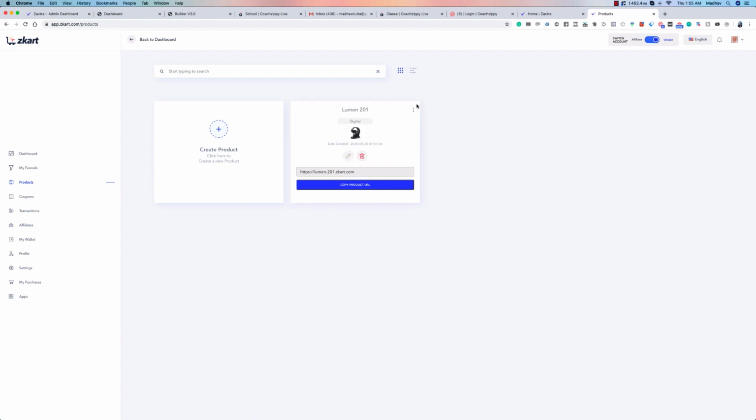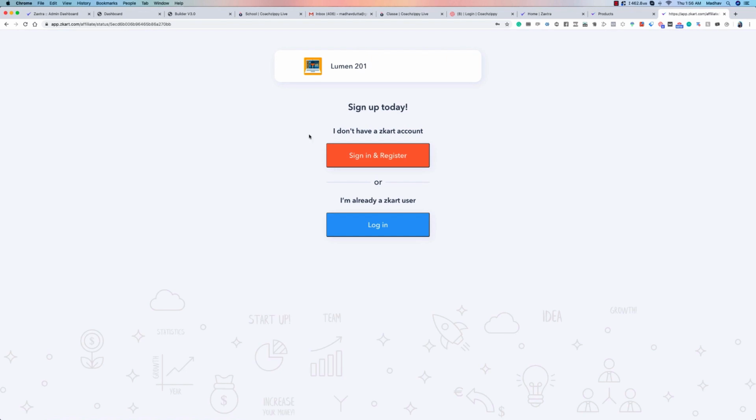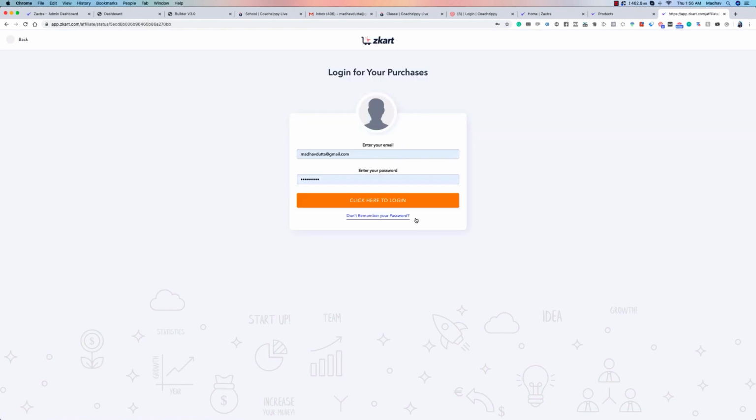In this product, you can copy the product URL, and you can edit the product or delete the product. What you can also get is the affiliate URL of the product, so if you want to provide it to somebody to promote, you can do that as well. And if they have a ZKart account, I'm actually going to try to sign